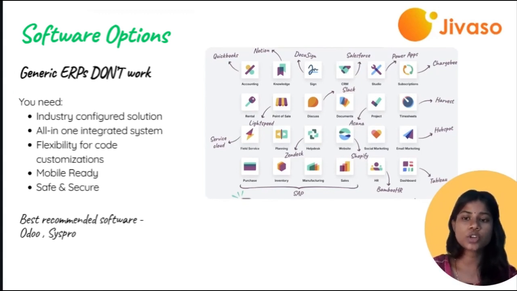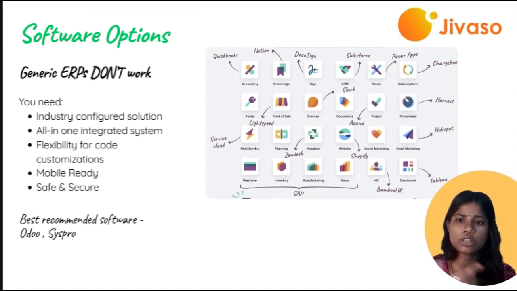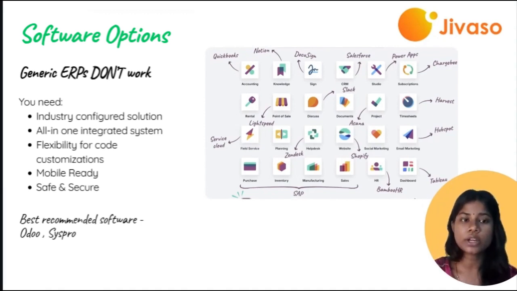The first one is industry configured solutions. Generic systems need too much tweaking to even get started. For example, a medical device manufacturer needs UDI tracking, revision control, calibration logs, and device history records, not just generic stock-keeping units or inventory bins. That's why we deliver pre-configured ERP solutions tailored to medical device expectations and workflows, saving months of implementation and reducing risk from day one.